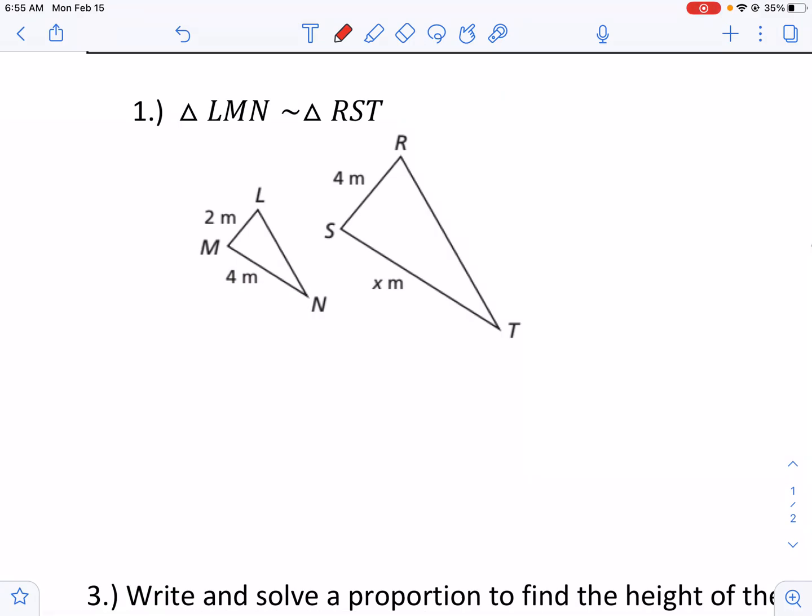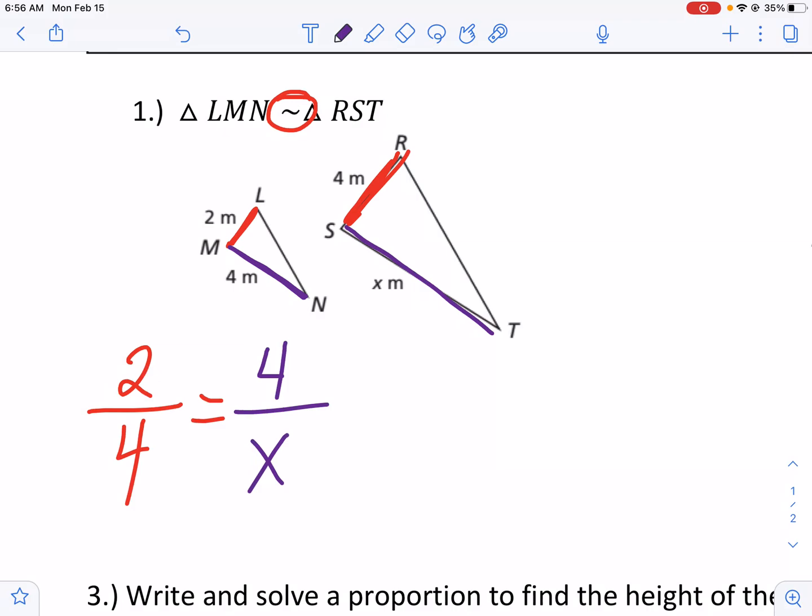If you recall, similar, right, there's the symbol for similar. Similar means same shape but different size, okay? And therefore, the ratios are equal. So we can look at the 2 triangles and say, well, this side corresponds to this side, okay? So side LM corresponds to side RS. So 2 over 4 equals, and this is where you can change colors, side MN corresponds to ST,